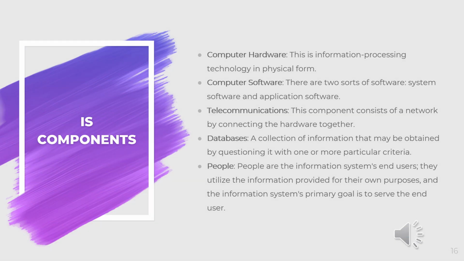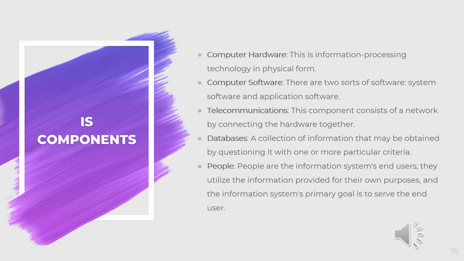Okay, let's look at IS components. There are 5 types of IS component, which are computer hardware, computer software, telecommunications, databases, and people. Computer hardware is an information processing technology in physical form. Next, computer software. There are 2 sorts of software, which are system software and application software. The third one is telecommunication. This component consists of a network connecting the hardware together,